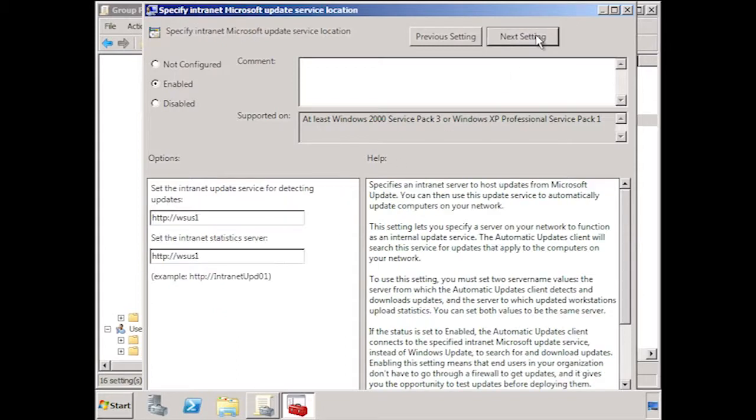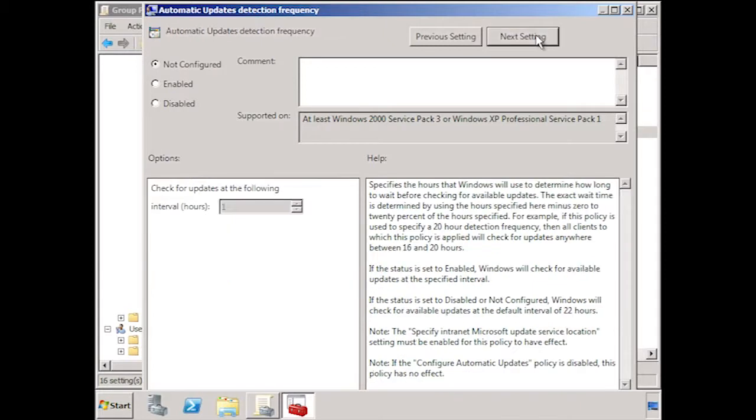The next option I have already set. It simply specifies the WSUS server that will be used. The next option allows you to set how often Windows Update will check for updates. The default is 22 hours, but having said that, the time always has a randomized delay added to the range